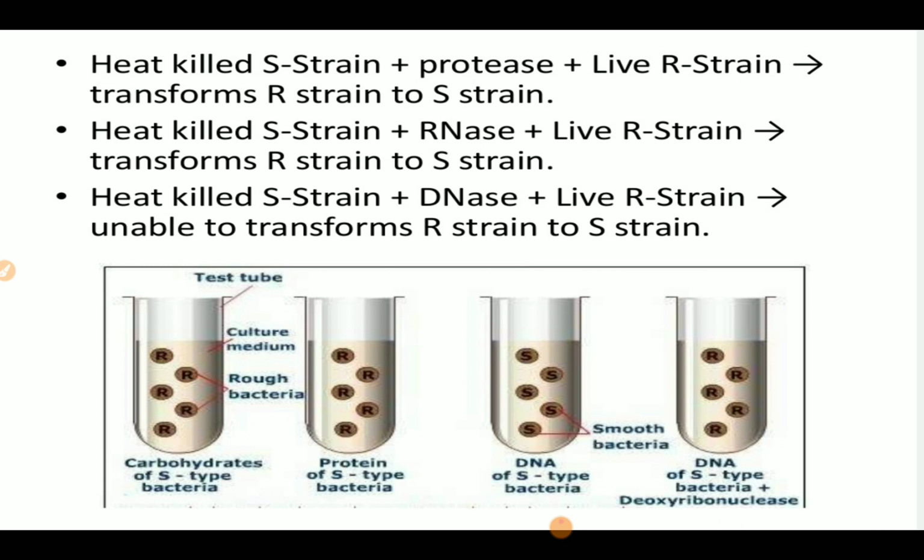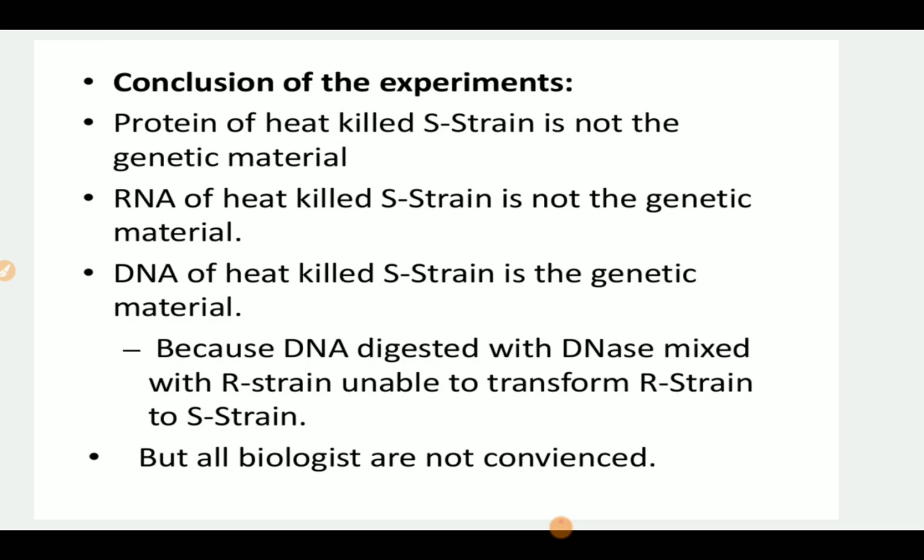So only the DNA of the S type can change the R type of the bacteria into the S type. And therefore the characters of the virulence are located in the DNA. The genes of the other characters would be similarly located in the DNA. That is why they proved that the chemical to be inherited, the genetic material, was the DNA, and hence it forms the chemical or the molecular basis of heredity.